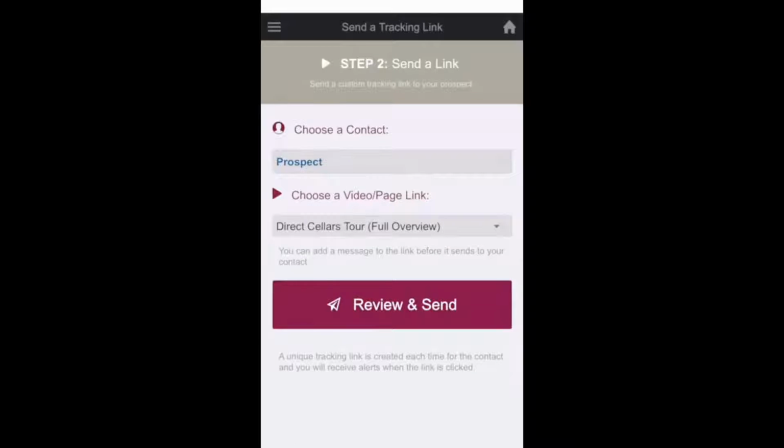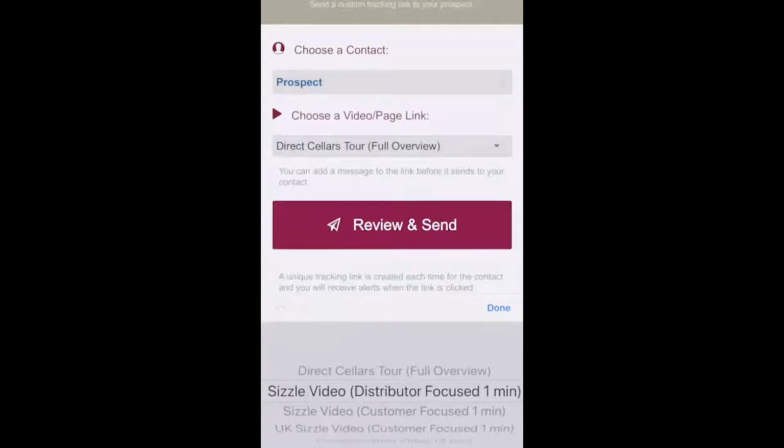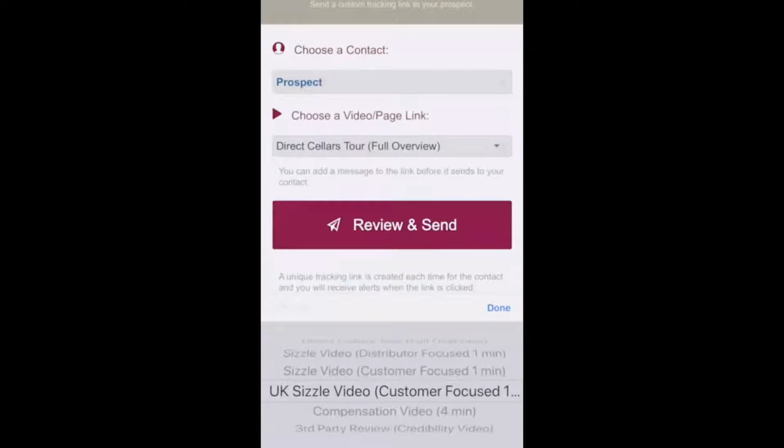So Digibot, Helix, Kula Brands, because that first marketing system is going to be a combination for all you people getting involved soon. All you people, you know what I mean by that. But anyways, essentially, you're going to be able to leverage all these marketing tools in this app. There's a couple different sizzle videos in this case, a distributor-focused one, a customer-focused one. It's the same idea. You're going to be able to pick from a drop-down what you'd like.